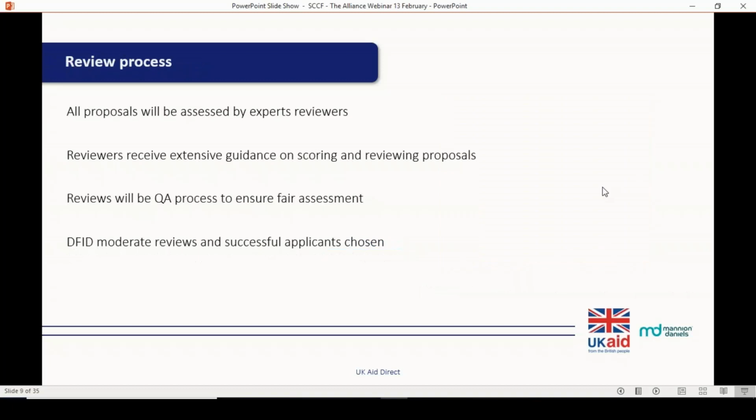In terms of how applications are reviewed, we review them using a panel of experts from across the consortium of partners, and applications are allocated to reviewers based on their thematic area of expertise and their country experience.